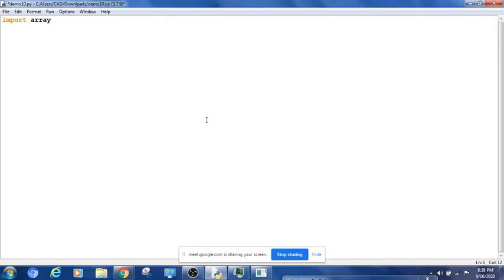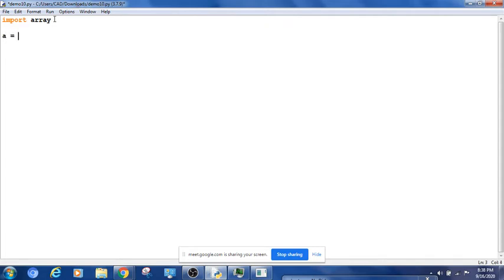Module is nothing but one file which will have all the functionalities defined by the Python language. We are going to use this functionality in our code, in our file. To do that, we have to import that. So that's what we are doing. We imported that module now. I can use whatever functionalities are there in this module now. So I want to create an array. I want to name that array as A, right?